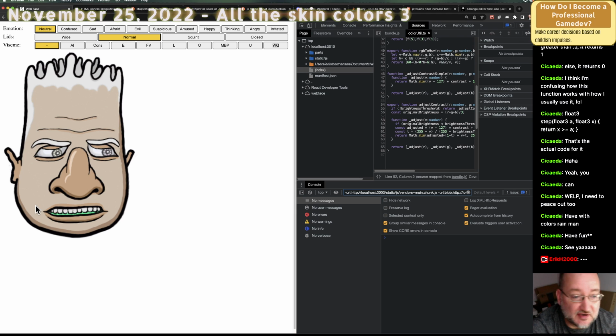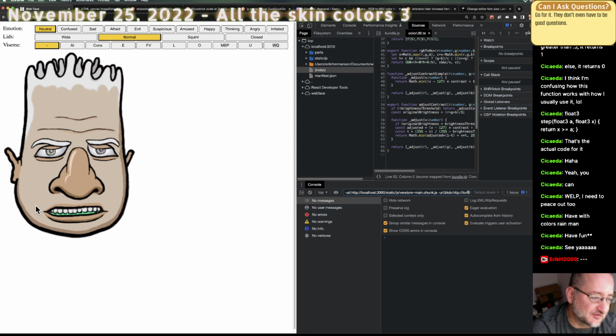In the end, I decided, let's color all the pixels together. That was Cicada's idea. He was pushing at me, and he pushed successfully. I said, let's just recolor all the pixels. The thing that made that work, to do one operation to recolor all the pixels, was changing the algorithm a bit,